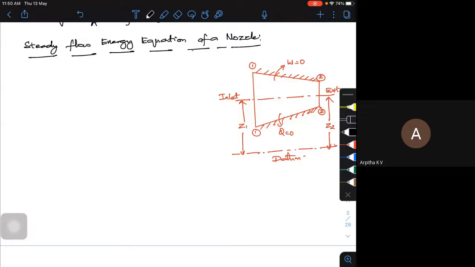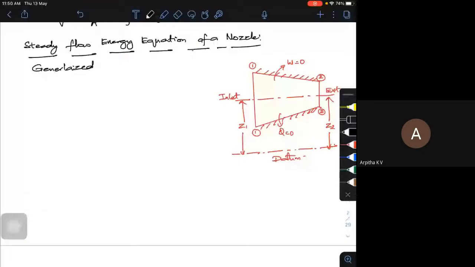Now, what is the generalized SFE equation? So go back to your basic thermodynamics and recall that. I'm not going to derive SFE, I'm going to use it. The generalized steady flow energy equation is given by,